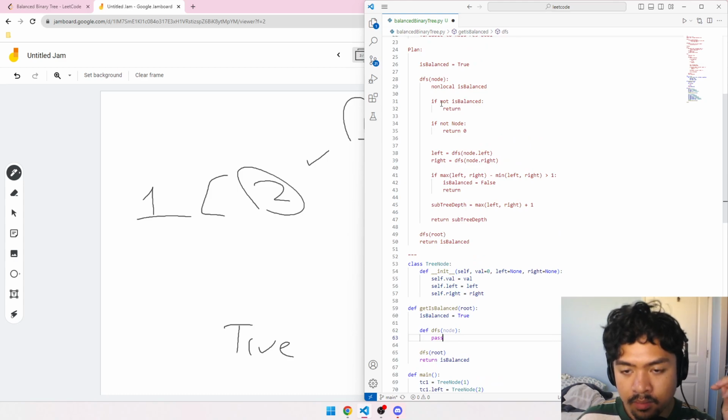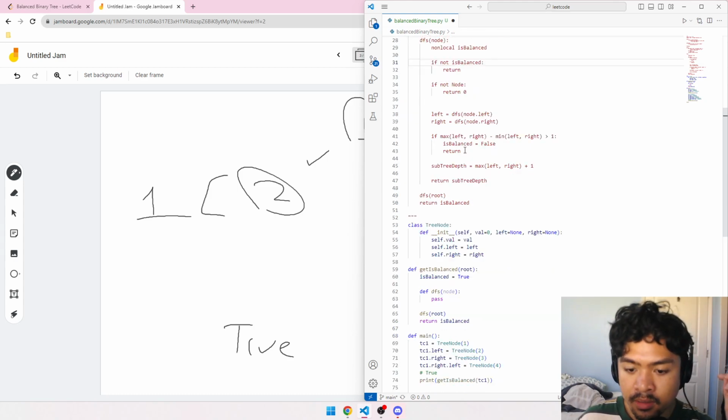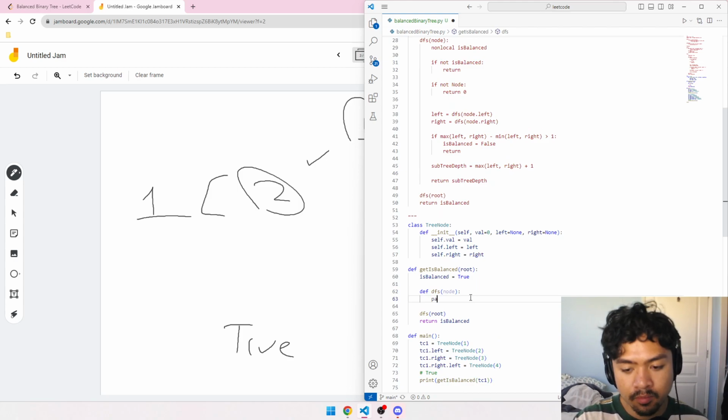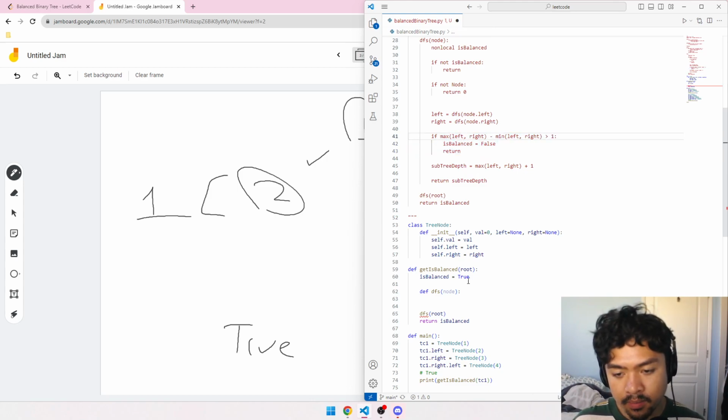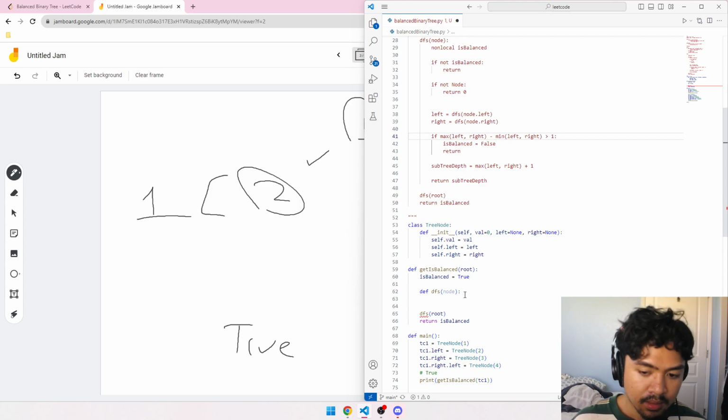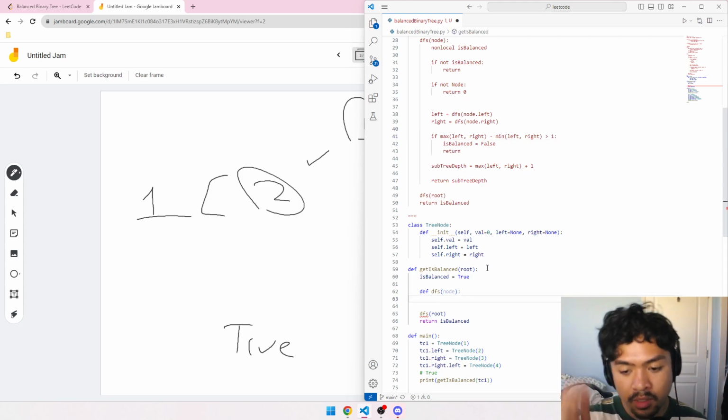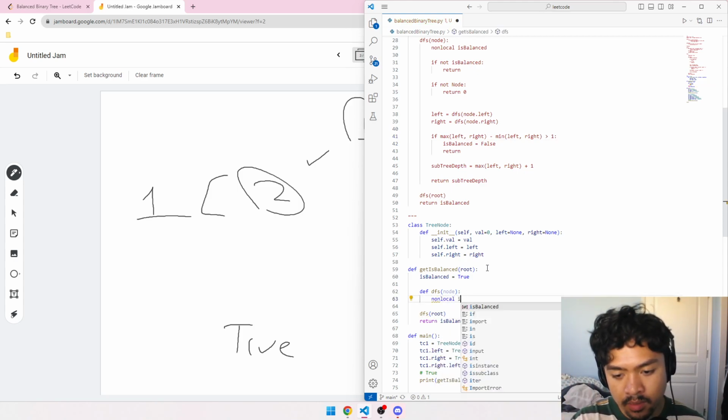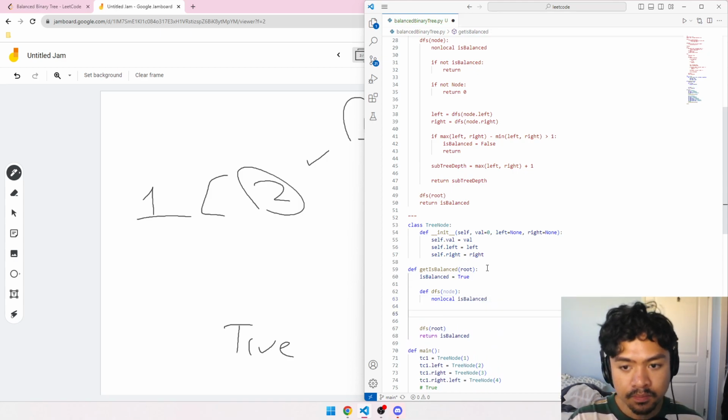Yeah, and then in our depth first search function, we're going to be changing the state of is balanced, depending on the max of its left and right. Like, if the right and left difference is more than 1, so we're going to reference it. So nonlocal is balanced, and then I guess we're going to